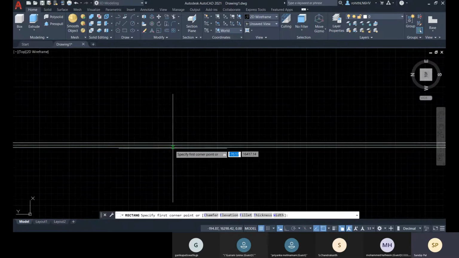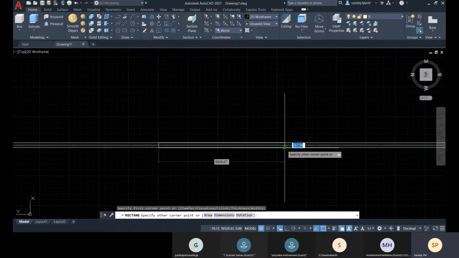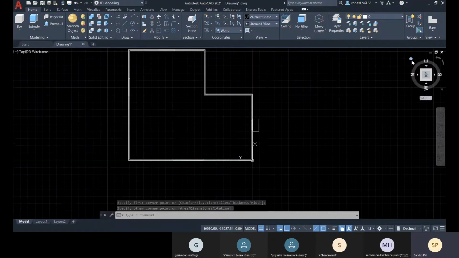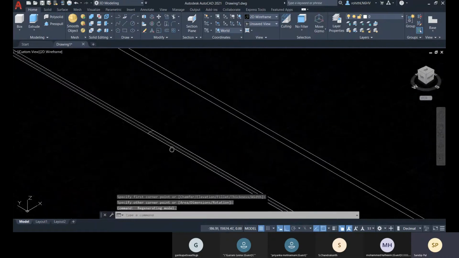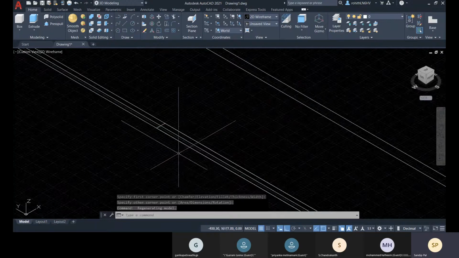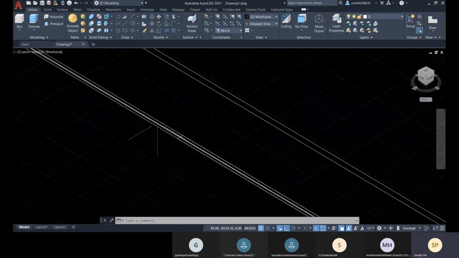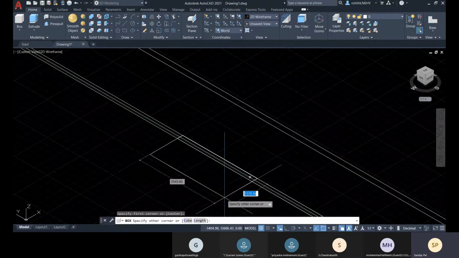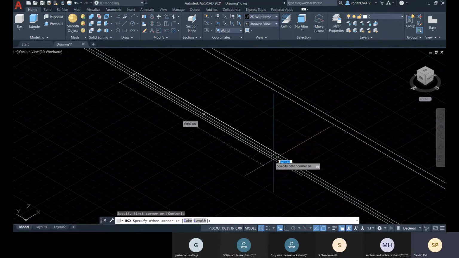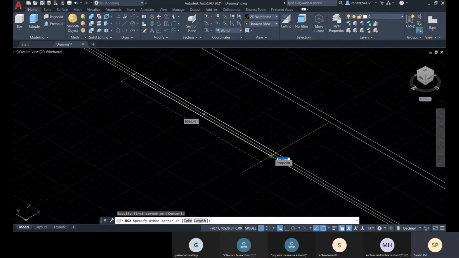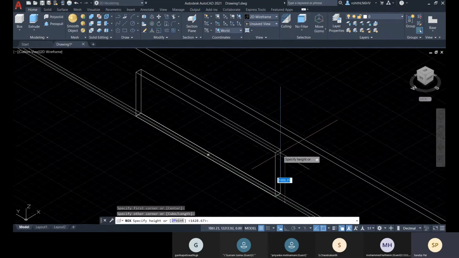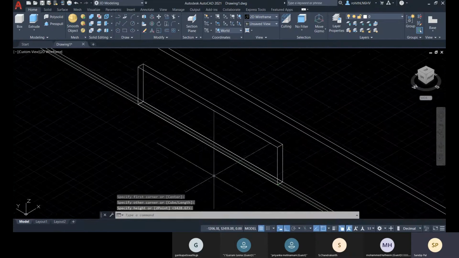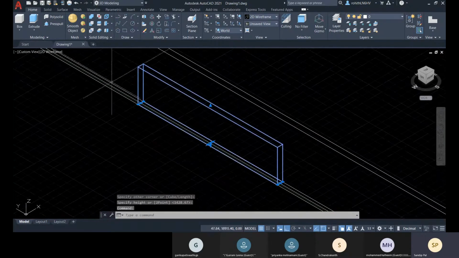Okay, I'm going with random values. All right. Now here you can see this is the window you have created in your 2D plan. But here you need to create one box if you are working with your 2D plan like this. And what will be the window height that you will be providing? So here I'm going with the random, and then there will be sill height, right?